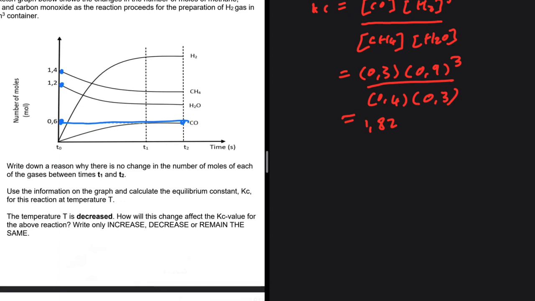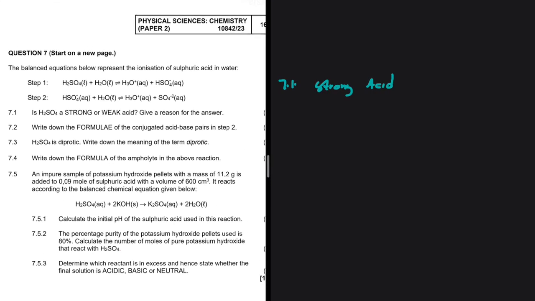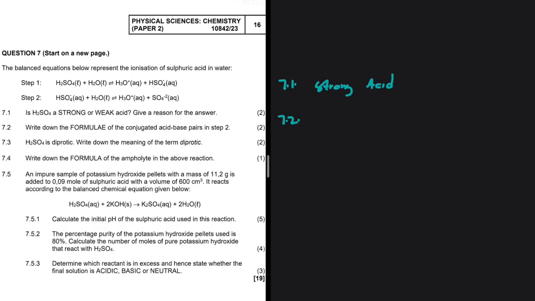Here we go. H2SO4 is a strong acid. And why do I say that? It ionizes completely in water. That is the answer to 7.1. H2SO4 is a strong acid. It ionizes completely in water. That is the reason. And then taking a look at 7.2, write down the formula of the conjugate acid-base pair